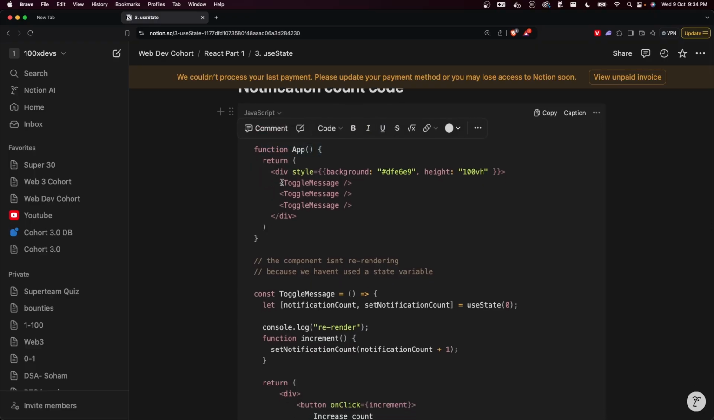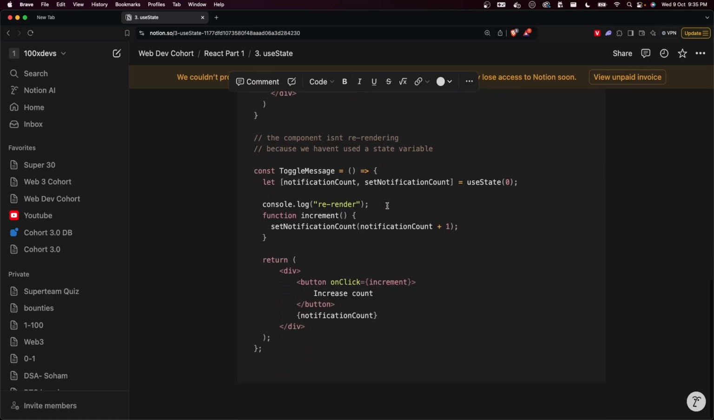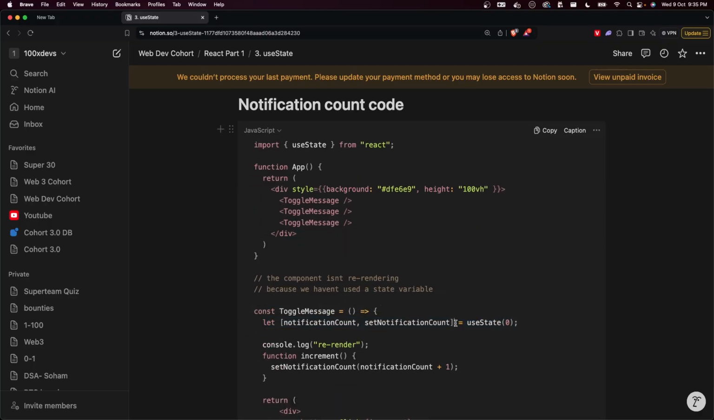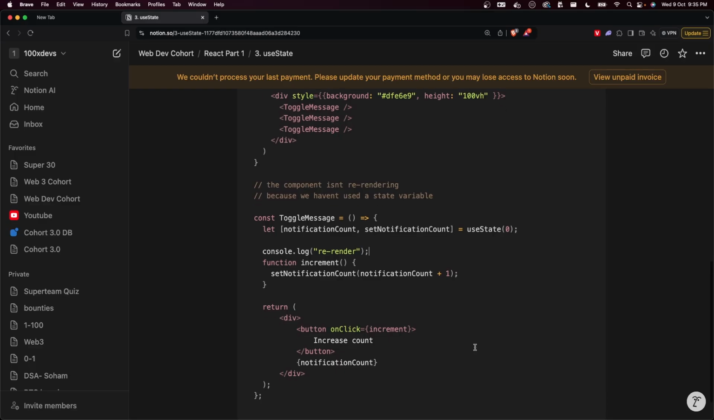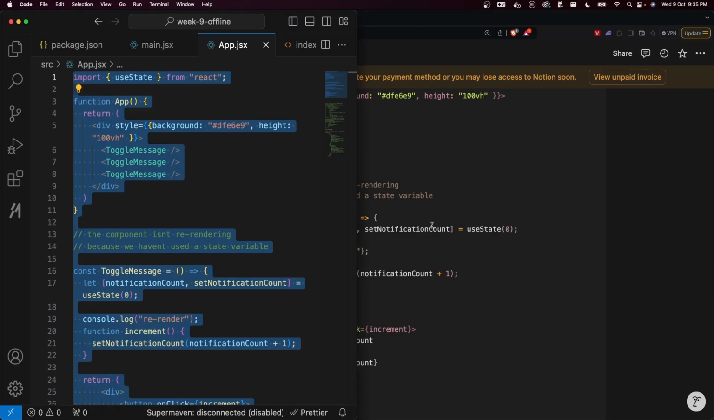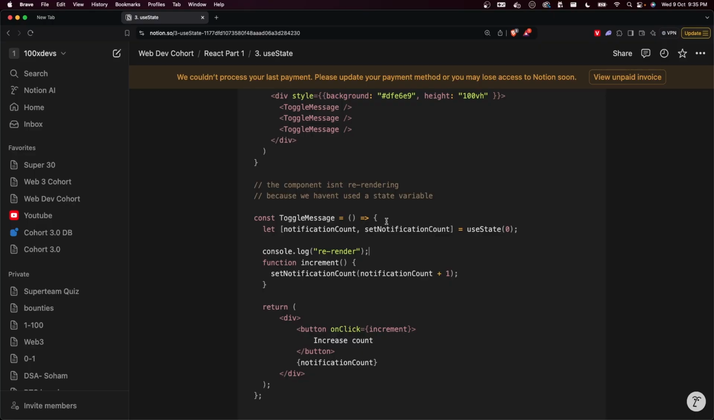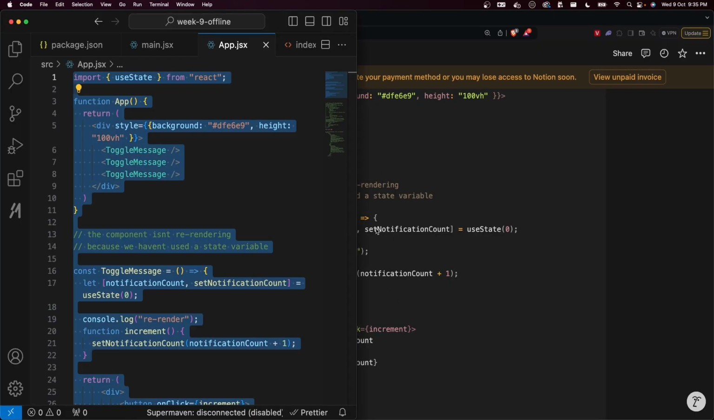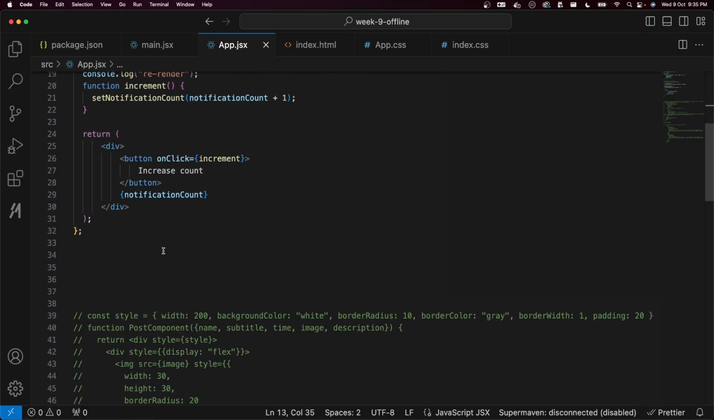App component renders 3 toggle messages, which look very similar to the code we had written. Only thing is, we define notification count as a state variable. We don't define it separately as a normal variable. We don't do this. We don't do this. We do something like this. Cool. Alrighty. Let's try to look at this code and try to understand this code, and then, given this starting point,